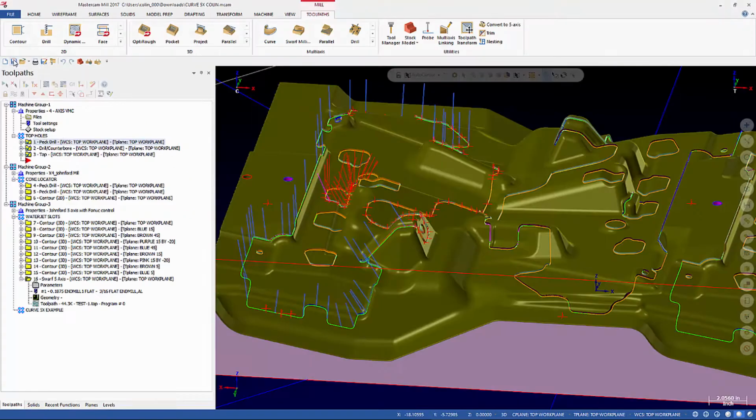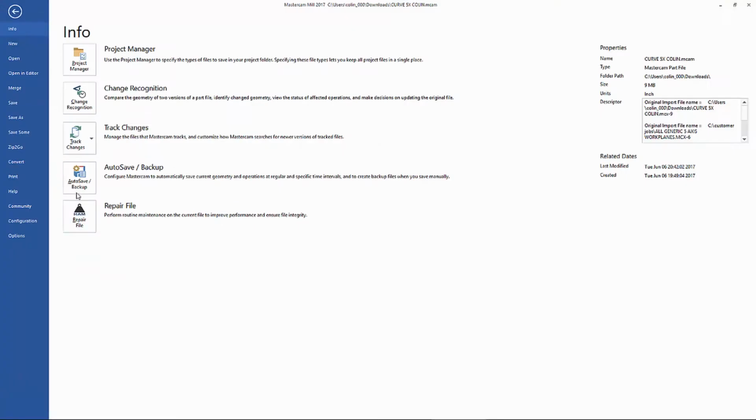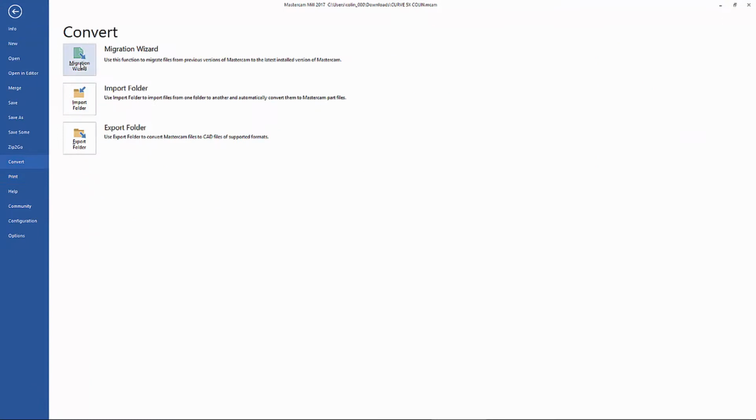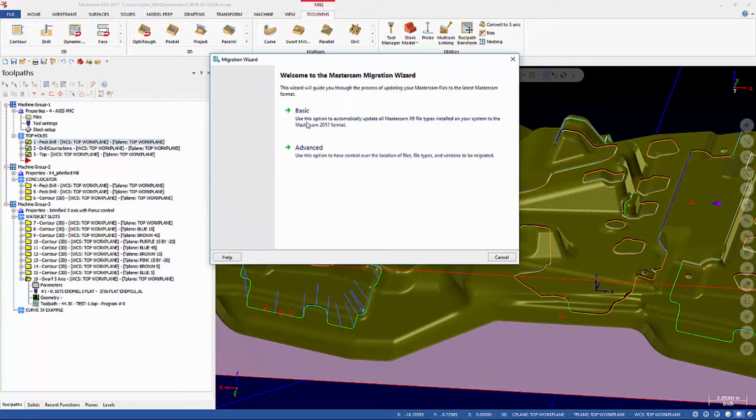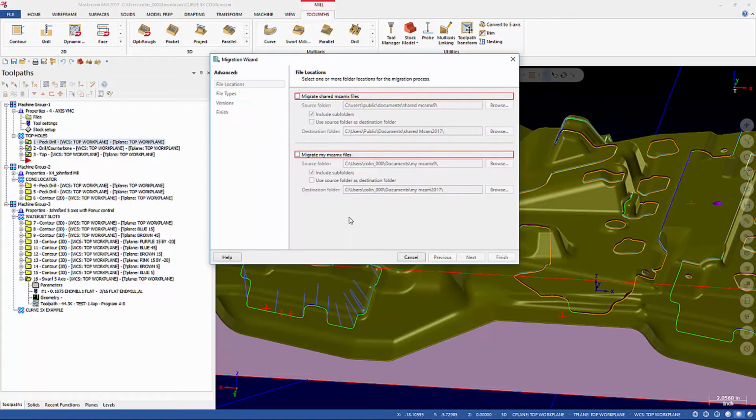Make sure we save it. There we go. I hit enter and all of a sudden the buttons come up. So sometimes Mastercam will do funky stuff like that. All right, let's see. So we're going to migrate